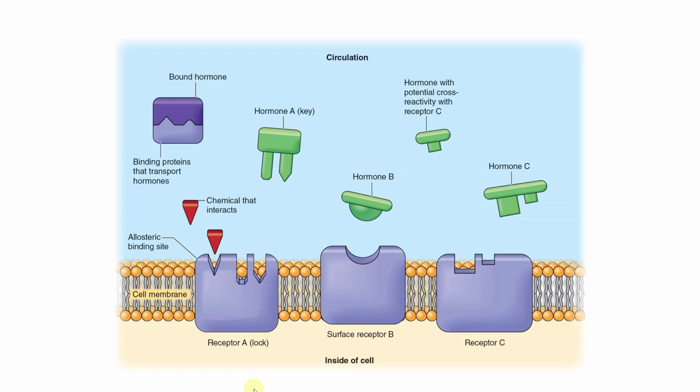And so this is the lock and key theory here. What you see here is the cell membrane, and here are those proteins that we talked about before. You can see that each of these proteins has different shapes and combinations, and think of this as a lock. You have certain chemicals or hormones that work either synergistically or antagonistically that can either enhance or decrease the effect of the hormone. Basically what needs to happen is this hormone has to match this receptor in order for that message to be received.